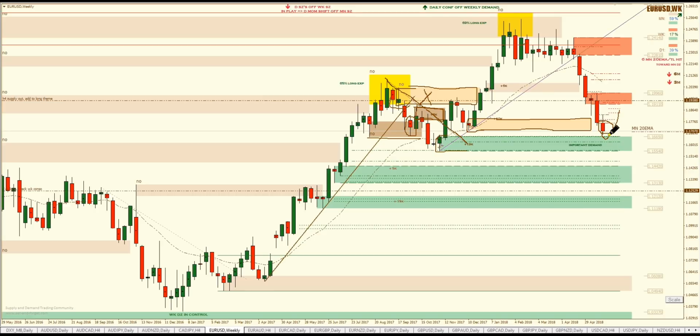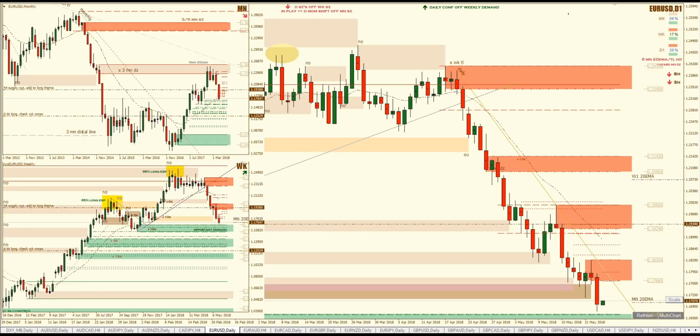Am I going to expect a reversal from here at this point? Nope, I'm not going to expect it. Because if a reversal was to happen from there, what I would want to see is at least this trend line get taken out, and at least this area of supply get taken out. So something to the nature of this would have to happen for me to want to take a long. Okay, and I posted this exact scenario on the private Twitter feed, so you can have a look at what I'm expecting to happen. Okay, there is a weekly area of supply here